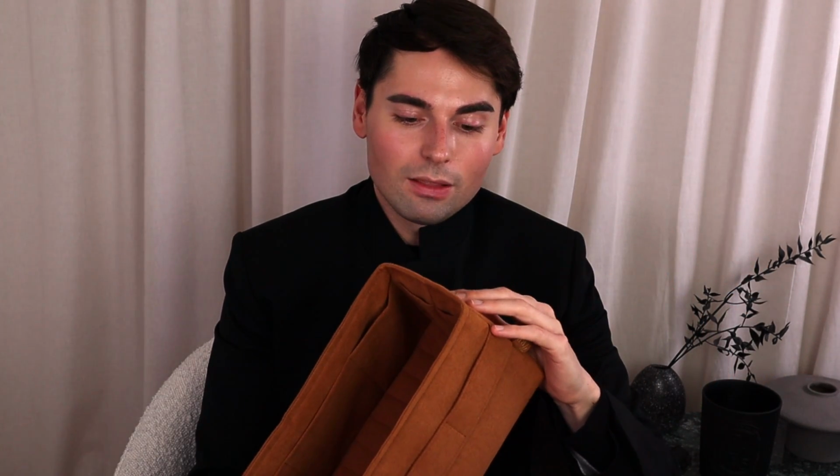So let's say you find your dream bag, but it's a little bit more slouchy than you would want it to be, or it has some marks and scratches on the lining. Those are still things that can be fixed, not only by a craftsman, but there's something that you can do at home to give your bag a little bit of a facelift, which is investing in the right type of insert. You guys know that my favorite insert is the 7RP inserts, which I love because these inserts,